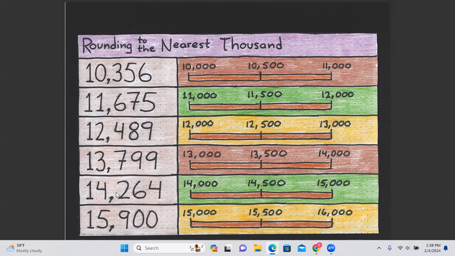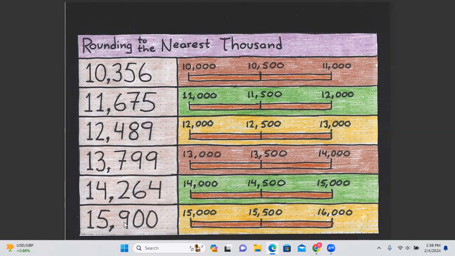14,264. And we notice that 2 is well below 5, which gives us an indication that 14,264 must lie in this part of our bar model. And that is true because, see, 264 is less than our threshold of 500, which means that 14,264 rounds to 14,000. And let's take a look at